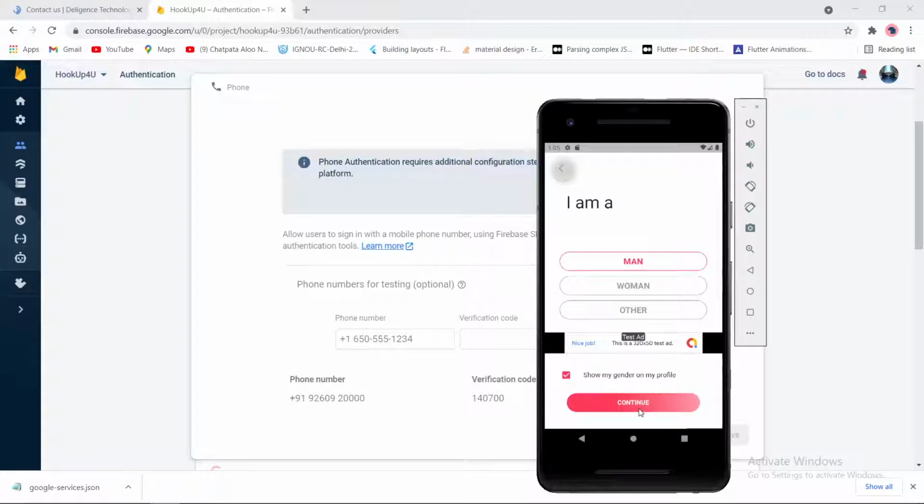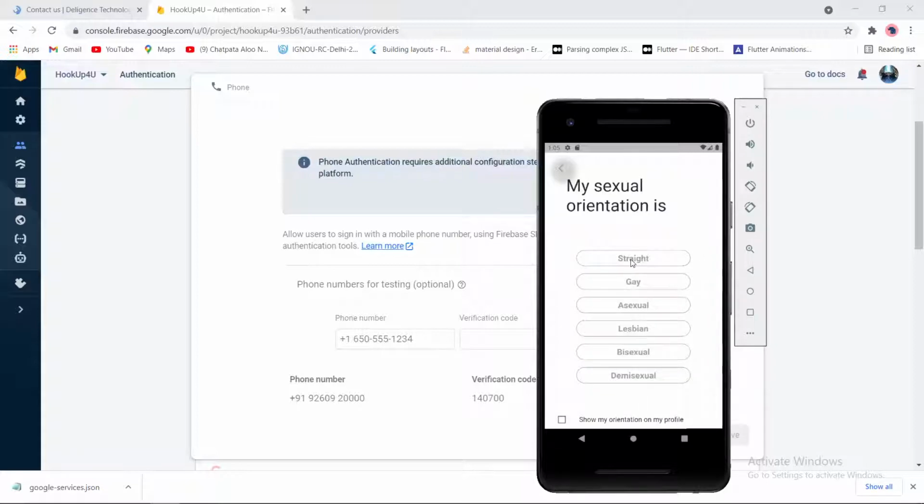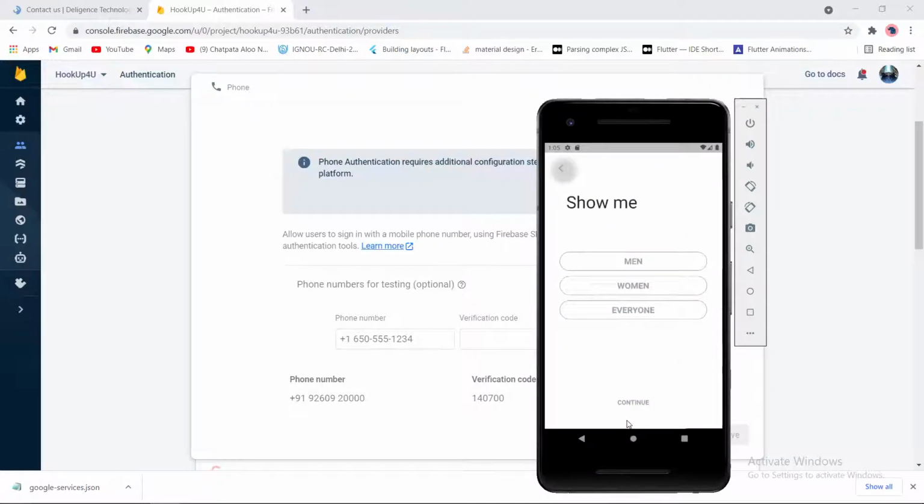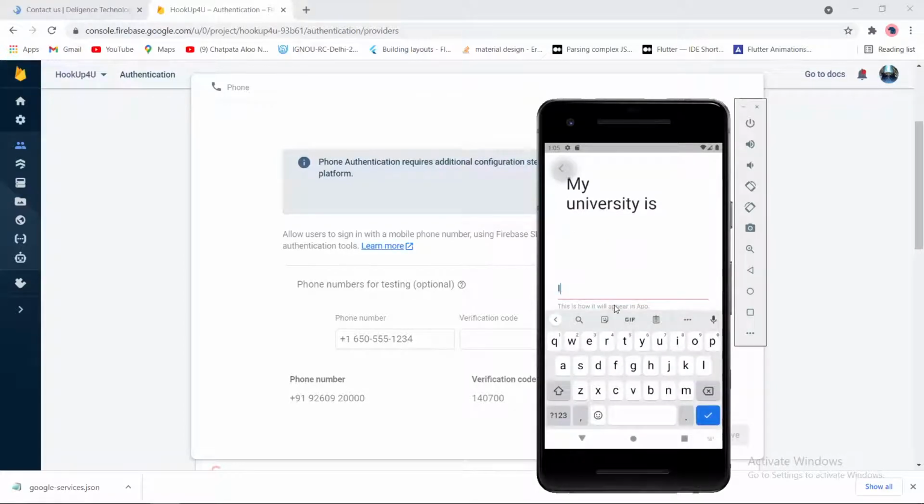Yes, we can enable it. Just continue. Show me woman. Continue. You can go with whatever university you want.